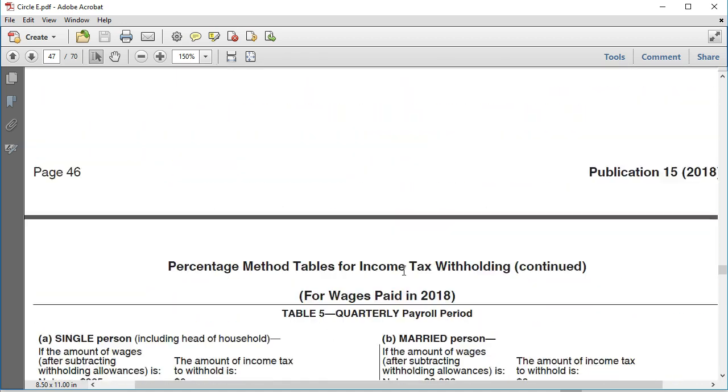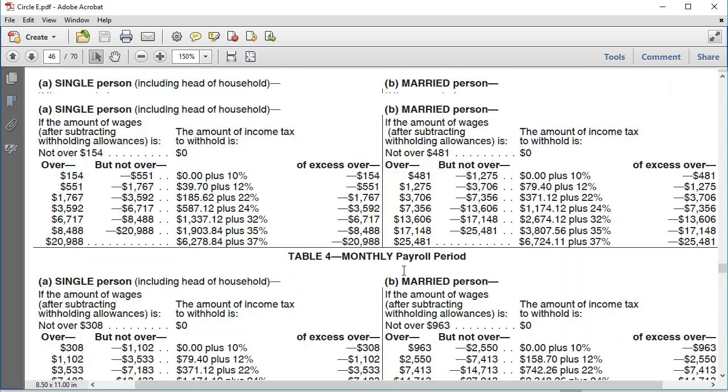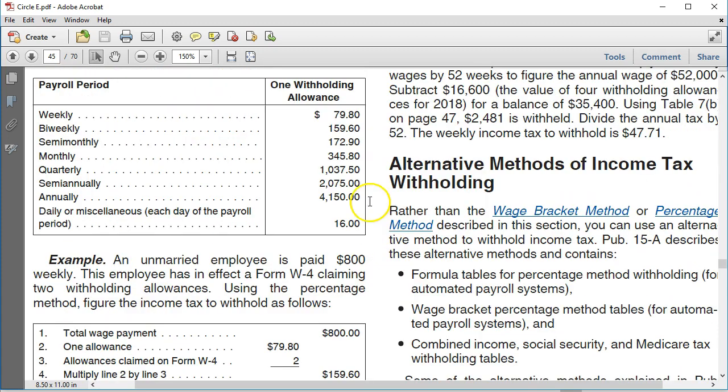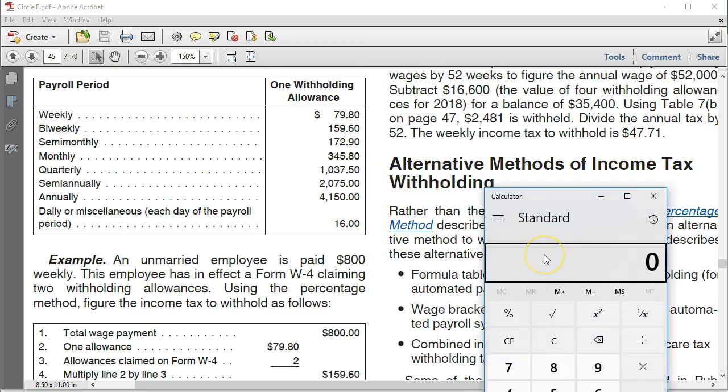Now remember, what we're going to do is scroll back up top and pick up this number first, 345.80. So 345.80 times 3, because she has 3 exemptions. So this number, this 1,037.40, is what we're going to decrease the total earnings of 35,000 by, to then use in the table. So this minus